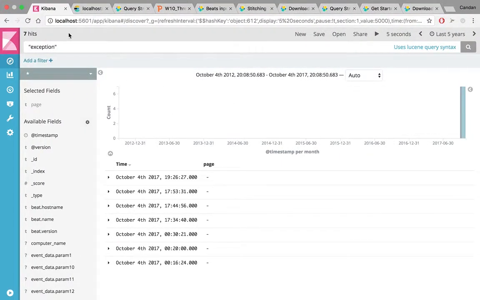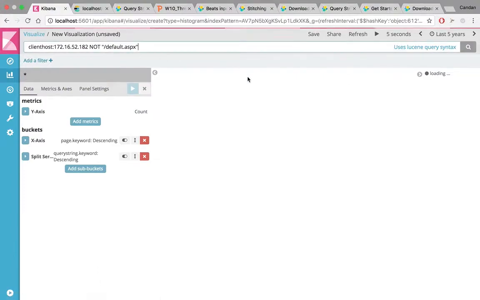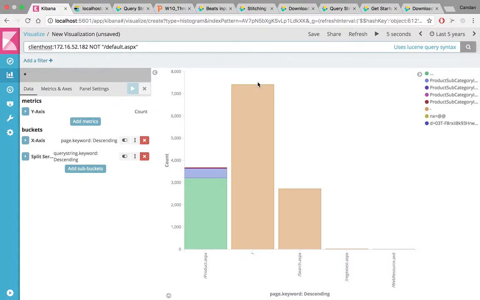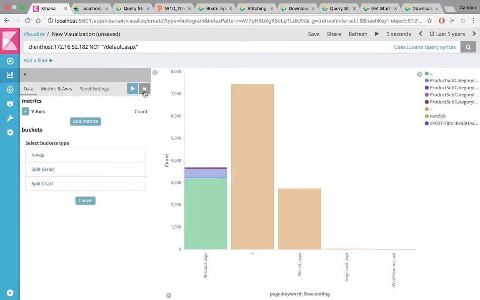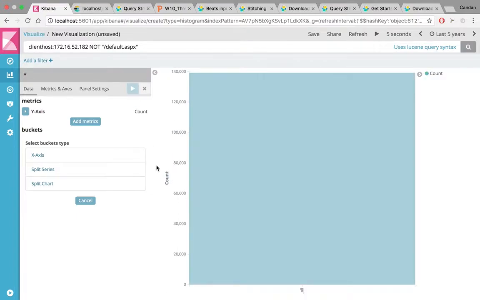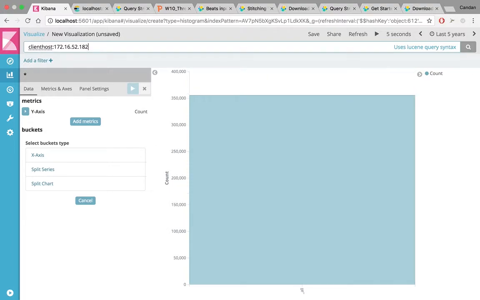So what we were doing was we were analyzing a client. Let me actually clean this up first. So we were in a position something like this, and we know that 172.16.52.182 is an attacker. And even I can say that, hey, do not exclude anything because this client seems interesting